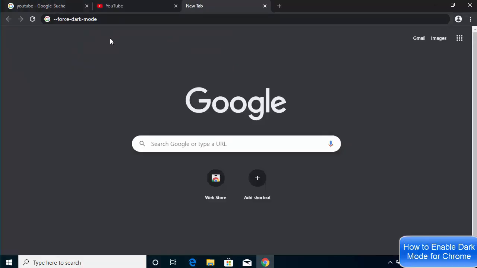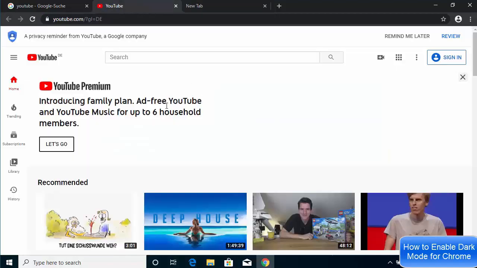This force dark mode option which we have provided in the properties is only going to change the browser theme and not the website's theme. You can see the look and feel of the browser is dark themed, but when you open any website, it's going to open in its original form. If you are okay with this setting, then it's okay. Otherwise, if you want to change everything in your browser into dark mode, let me show you the other way of doing this.